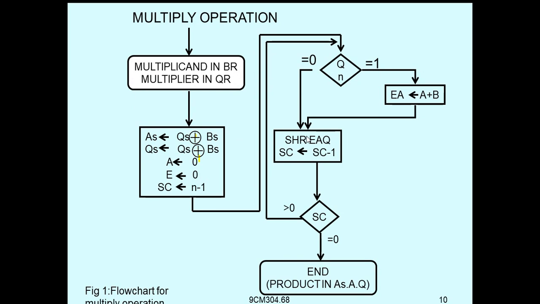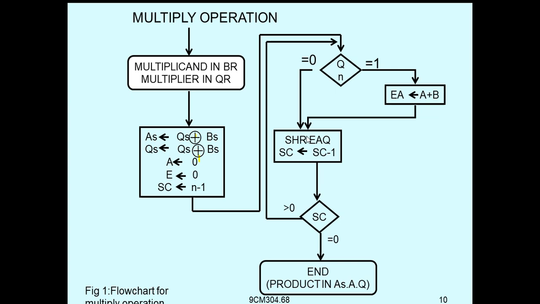Once again, I will give the summary of how the system can do the multiplication operation. Only four things we have to remember. First, store the corresponding operands in the corresponding registers. Once the storing is over, do the comparison of the sign bits of the two operands. Then we have to initialize the corresponding registers, and initialize the sequential counter also.